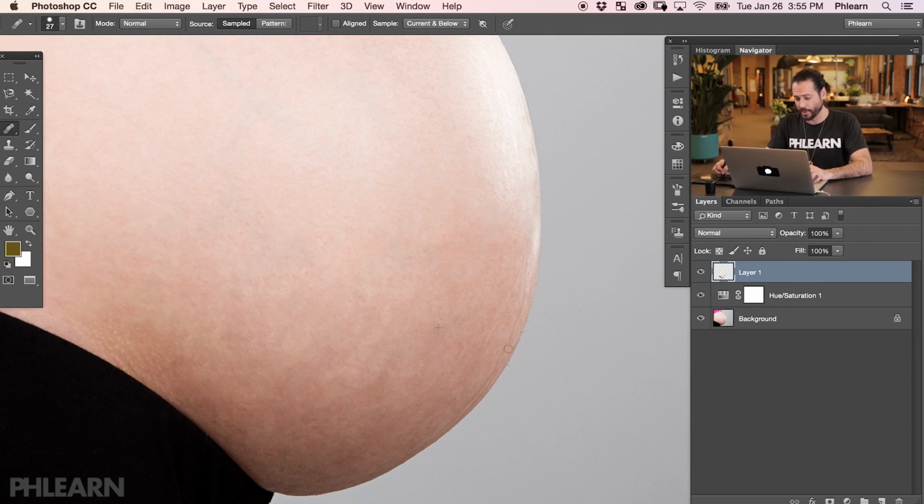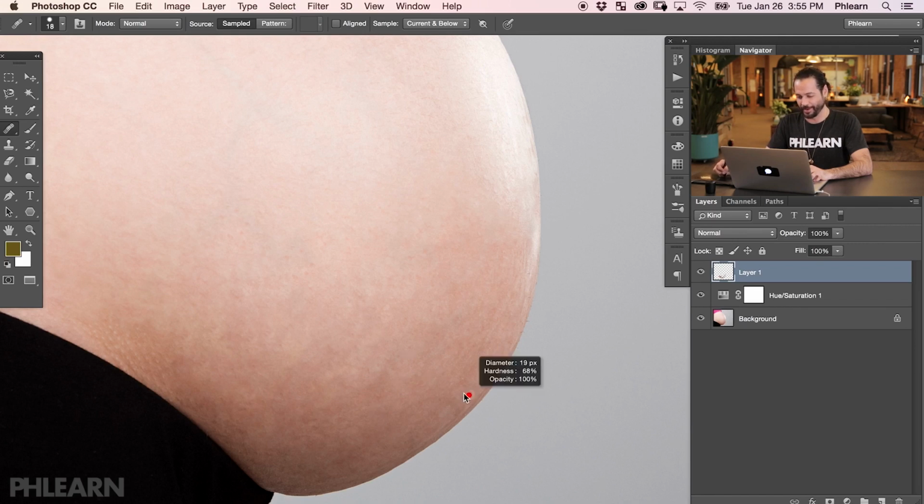So if you're photographing pregnancy photos, which are super popular, and people love to capture that time in their life, but they're like, oh, can you reduce these stretch marks? You'll be like, you know what? Yes, I can. That'll be $40 extra, but I could definitely do it. I learned it from Phlearn.com.